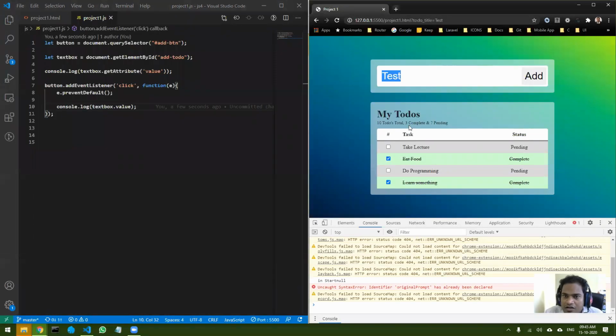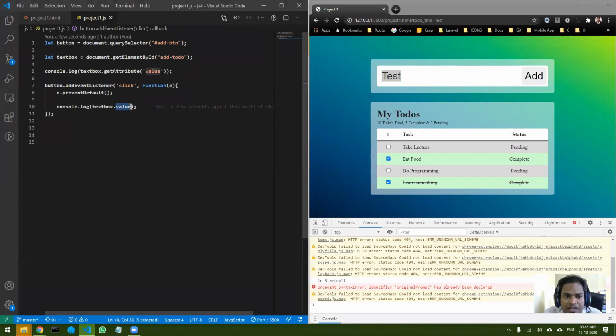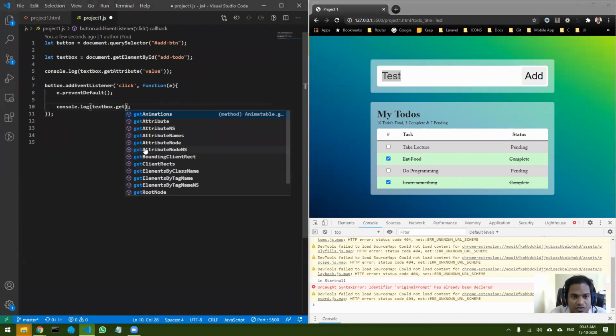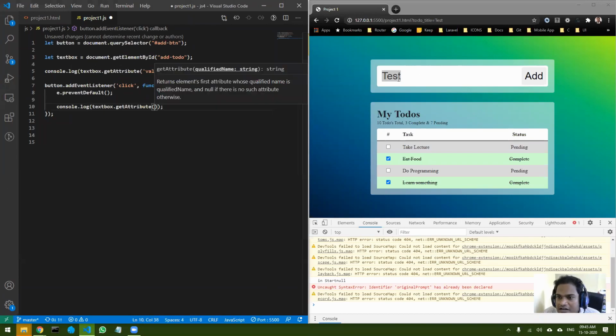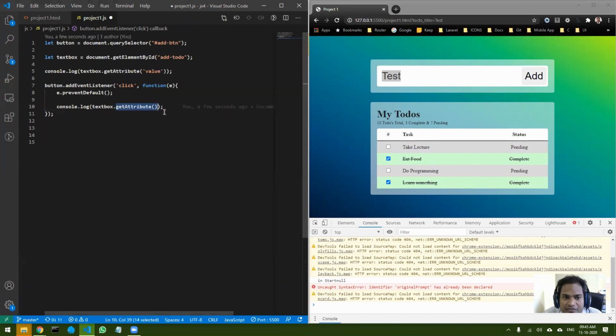Now there is a slight correction. When I use get attribute, it gives you the attribute when the page loads, right? But if you want to get the dynamic attribute, whatever you enter, you can just use text box dot value. When you do that, let's see.